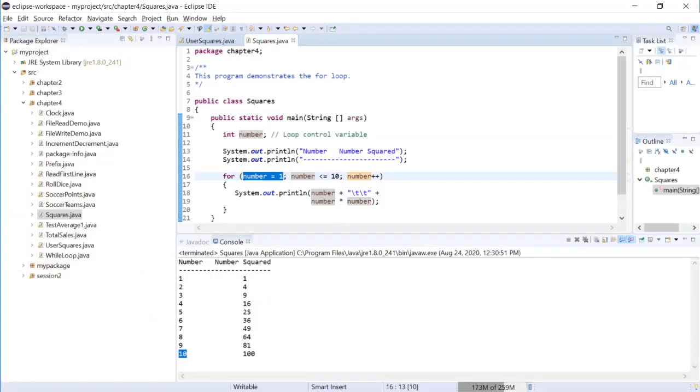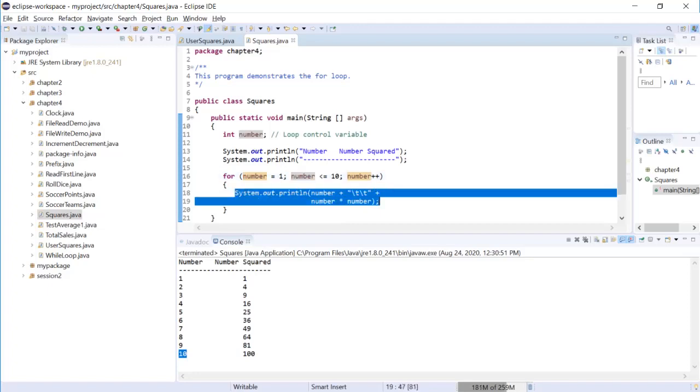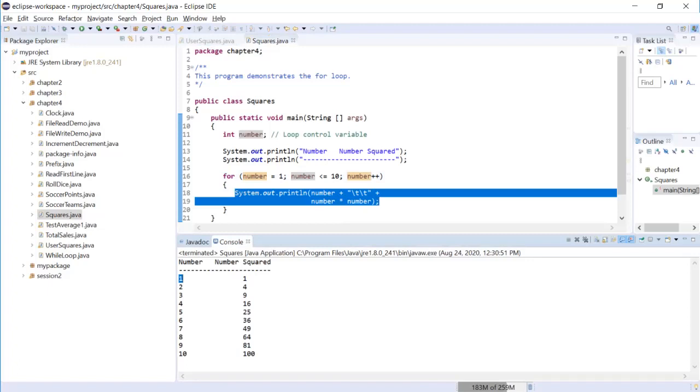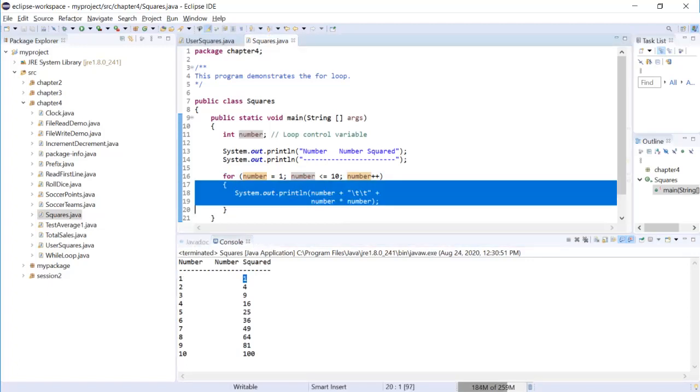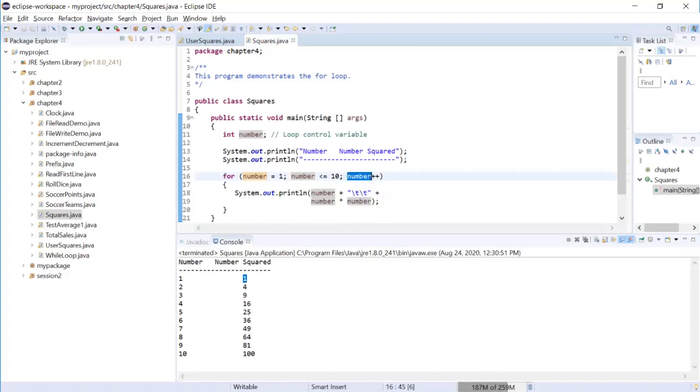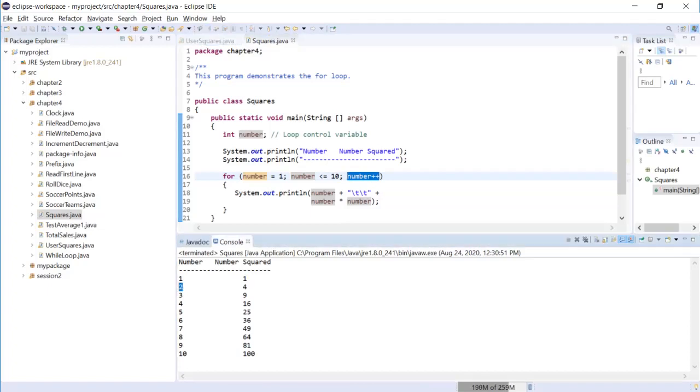Then, after initialization, we check whether the number is less than or equal to 10. For 1, of course, the Boolean expression is true. So we will execute this statement, get the number 1, and print out the number 1 and its square. Then we finish this statement and run the update statement. The update statement will increment number by 1. 1 plus 1 equals 2. So it's still less than or equal to 10, and we run this block again,